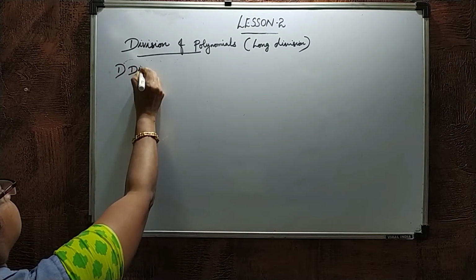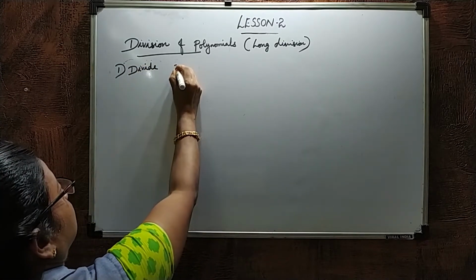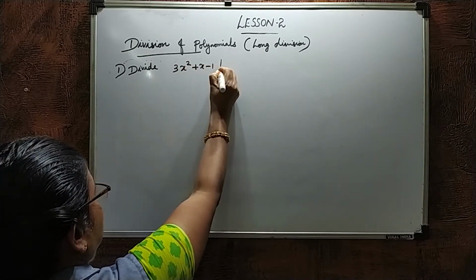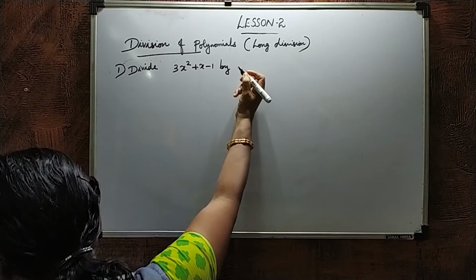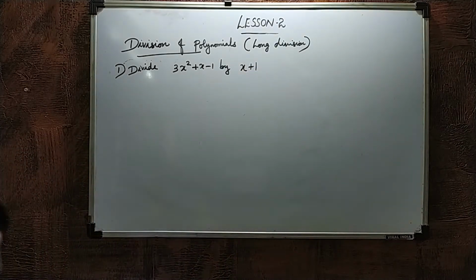Divide 3x square plus x minus 1 by x plus 1. This is the question. Actually, when you are dividing